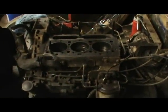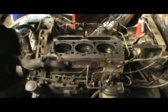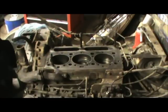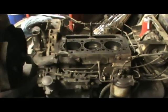I got a little 240 Massey Ferguson here in my shop. Blew the head gasket. Started blowing water out the exhaust. Filled the cylinder full of water. I'll go over some stuff, what to look for,